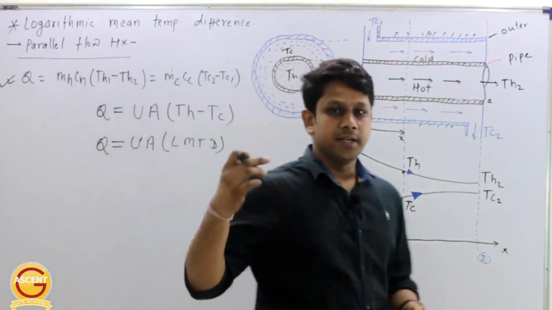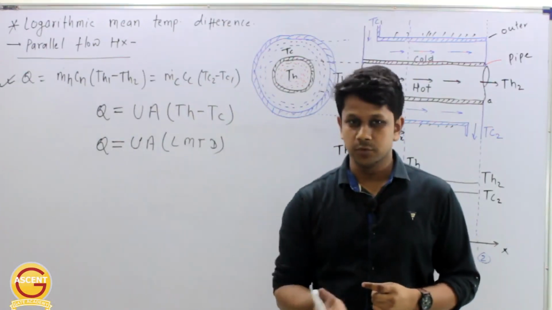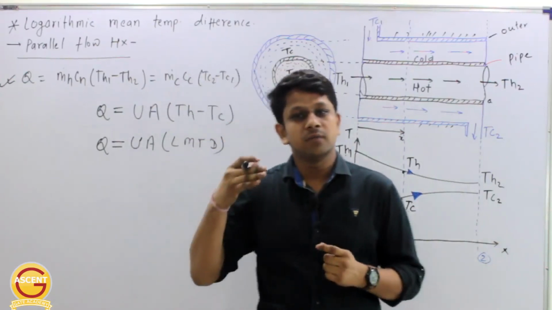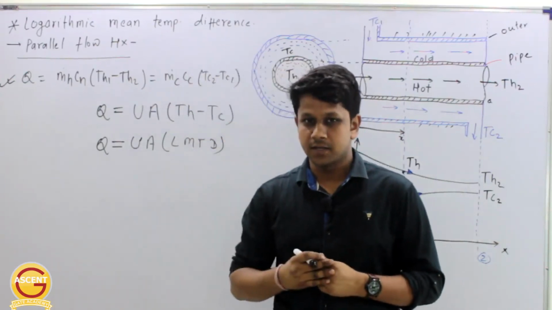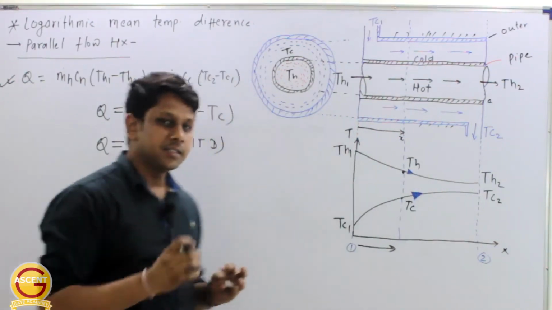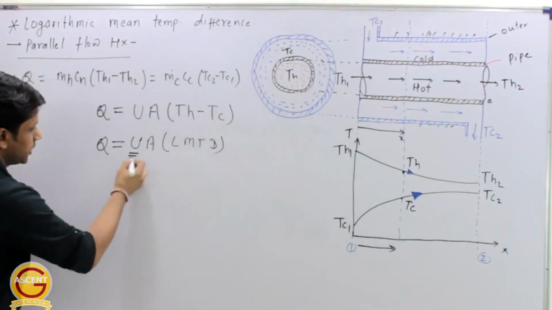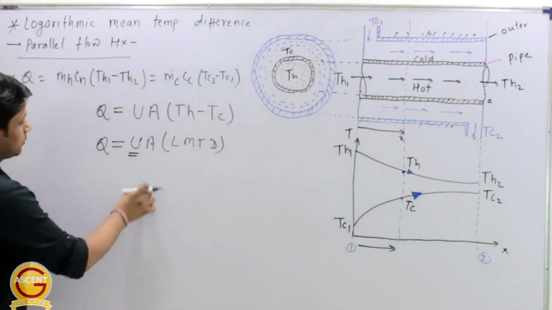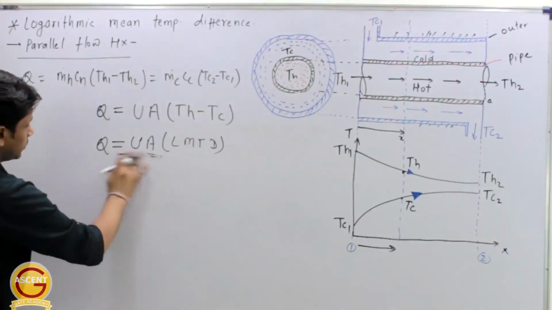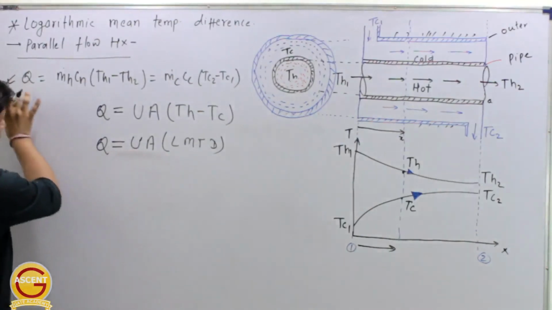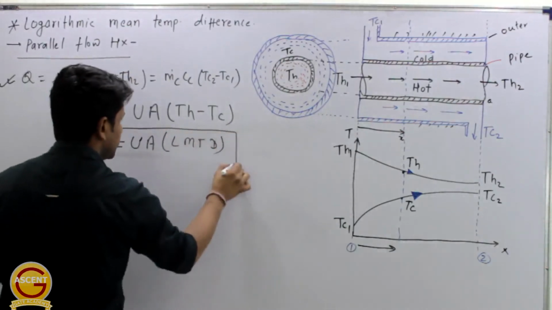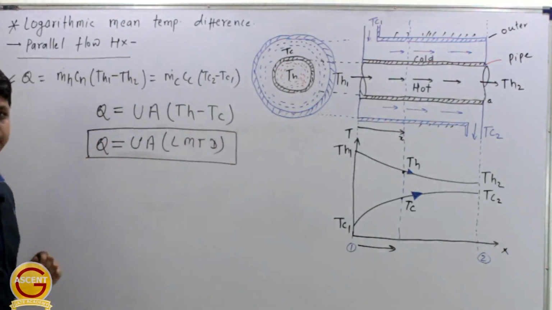If the heat exchanger has more than one value of U, if he is giving more than one value of U, then you can calculate more than one area, right, based on the different overall heat transfer coefficients. But in the GATE examination, he will give you only one value of U, and corresponding to that, we have to calculate the area of heat exchanger. Right, so now we have the two equations. First one is based on thermodynamics, the heat balance. Second one is Q equal to U into A into LMTD.